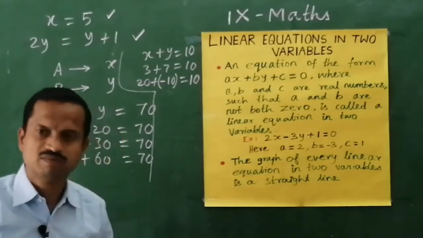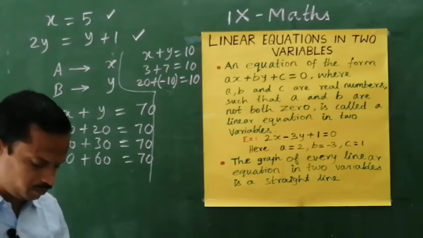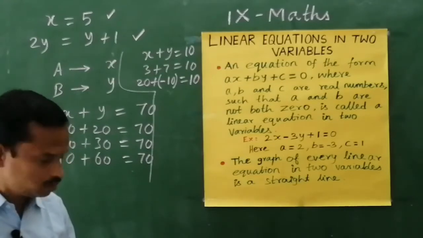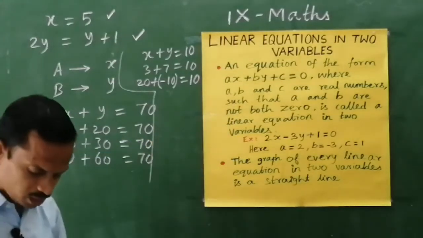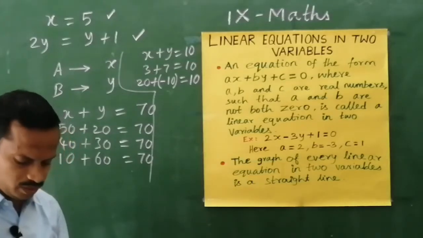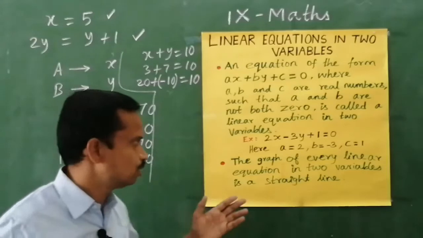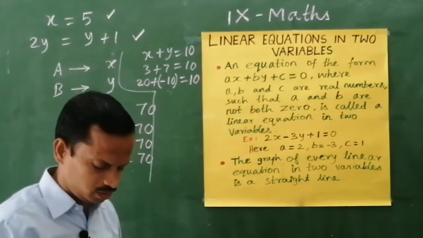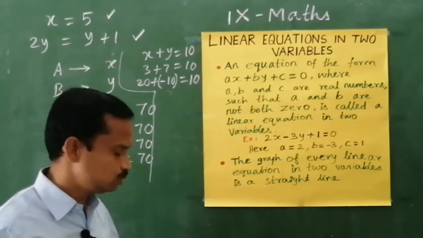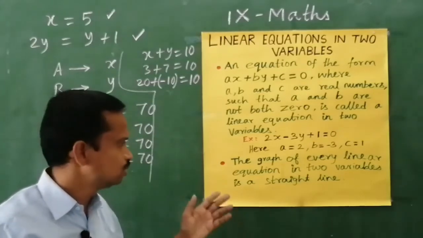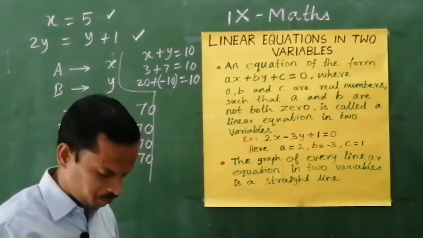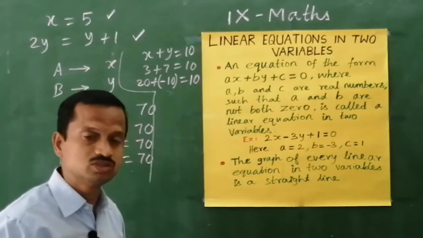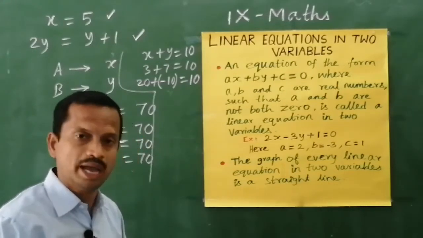First, on page number 77 of this linear equations in two variables chapter, you have some points. First point is the definition, what I have written here, and then a linear equation in two variables has infinitely many solutions. That I have already explained here. And then the graph of every linear equation in two variables is a straight line. I already told you it is nothing but that the linear equation in two variables represents a straight line only. And point number 4, x equals 0 is the equation of the y axis and y equals 0 is the equation of the x axis. We will see how now.